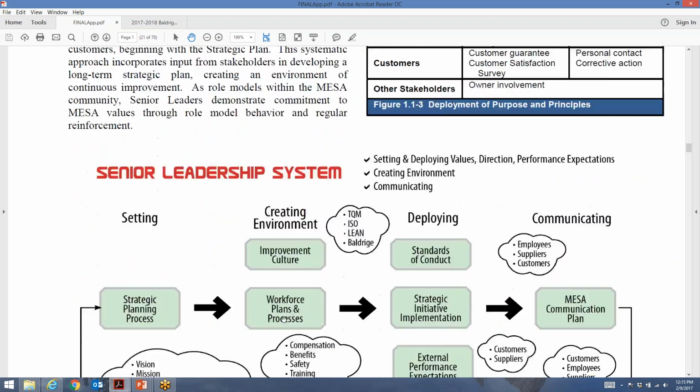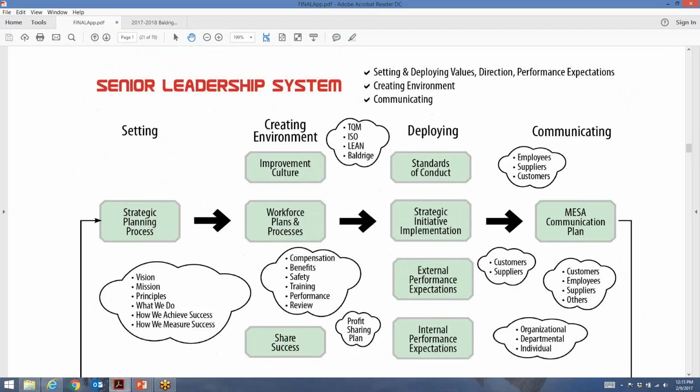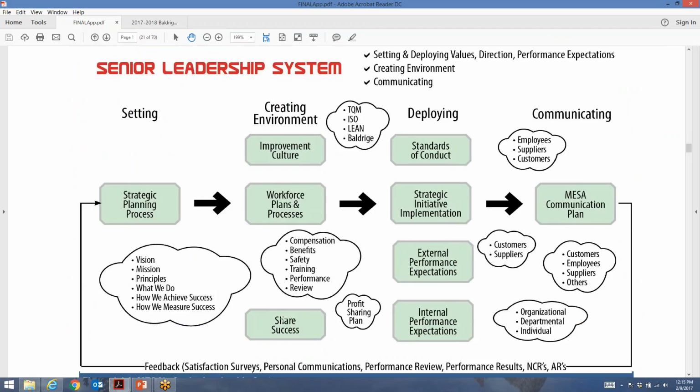Okay, pictures that I think you need to have. Number one, I think you need to have a picture of your leadership system. Carrie, what do you mean by leadership system? Okay, well, if you look at item 1.1, category 1, item 1.1 in the criteria, it's asking mostly to tell me the story about how your senior leaders and their personal actions set direction for the organization, how do they create a focus on customers, how do they communicate, how do they create a high-performance environment, how do they create a sustainable organization, all those things. How do they do those things?